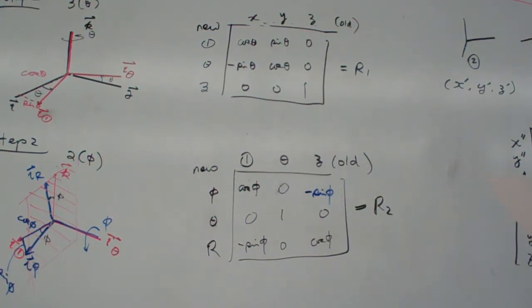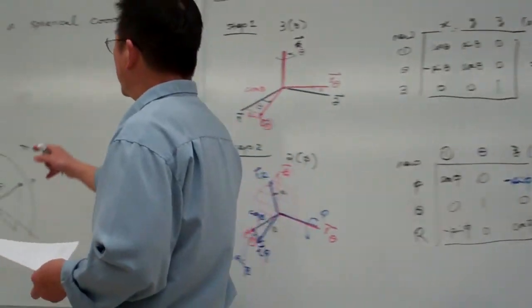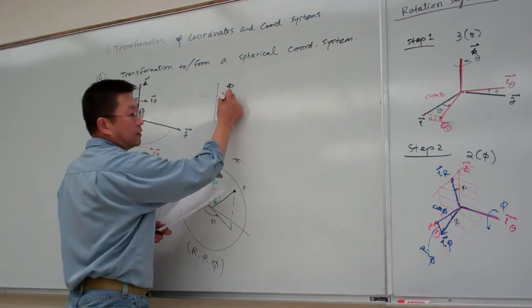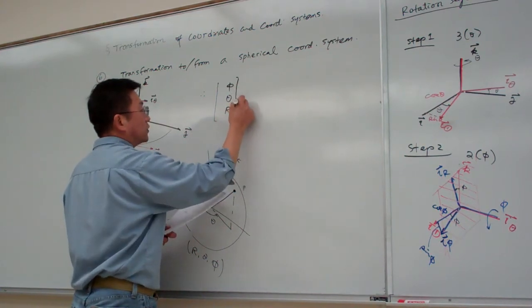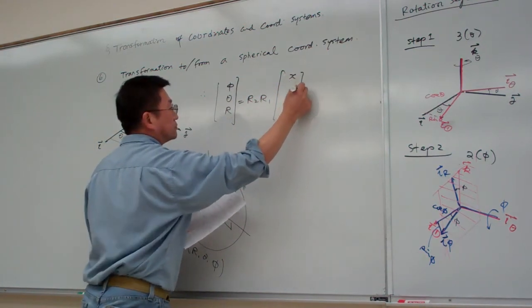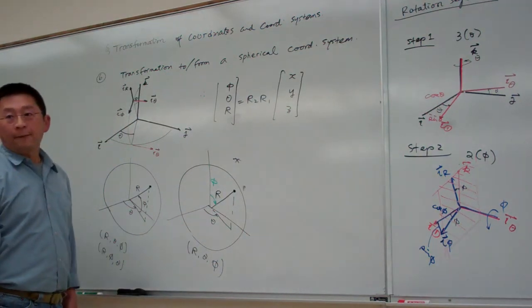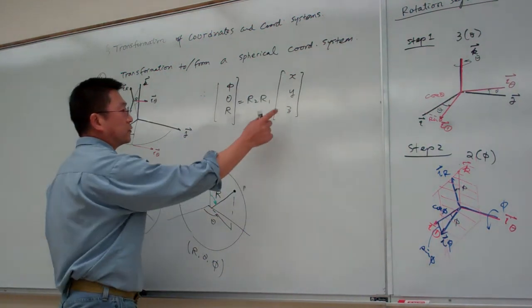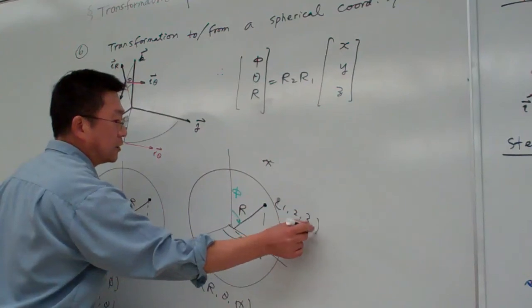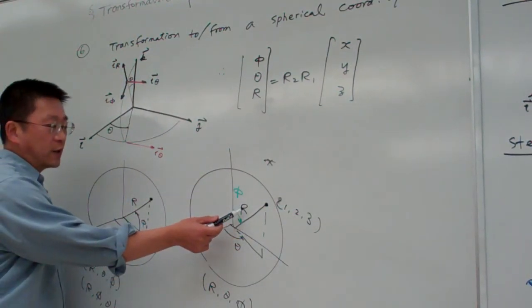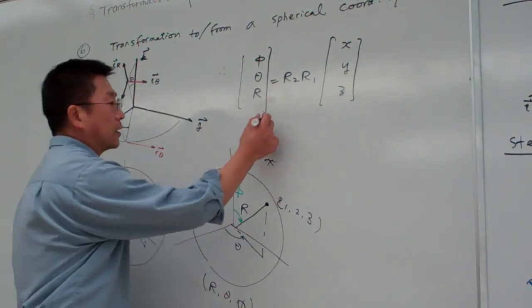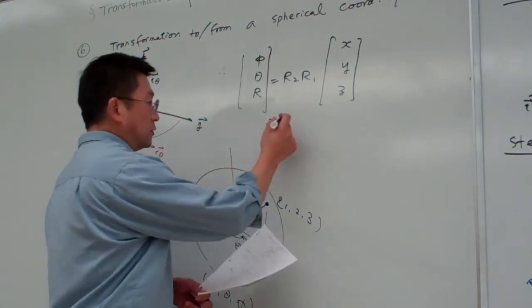So therefore, for these options, let me summarize: if we have coordinates phi, theta, r, that should be equal to R2 R1 times x, y, z. Okay. So if you have the Cartesian coordinate system, say any point here, say if this point is 1, 2, 3, if you want to transform to get the corresponding r value, theta value, and phi value, plug into this formula. And let me write out R2, which should be equal to